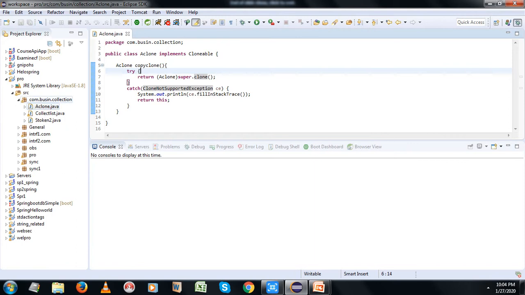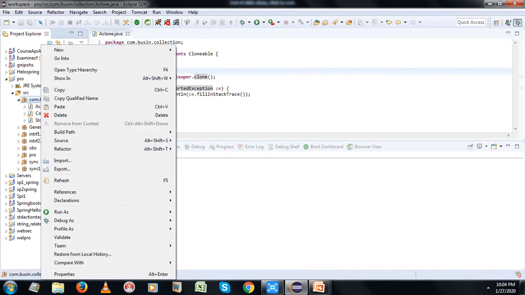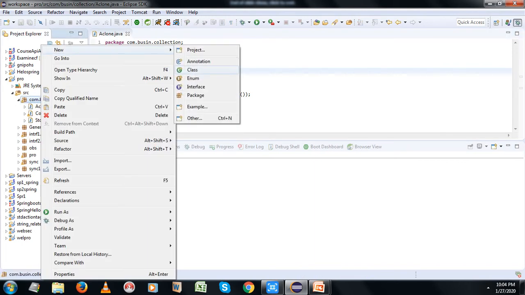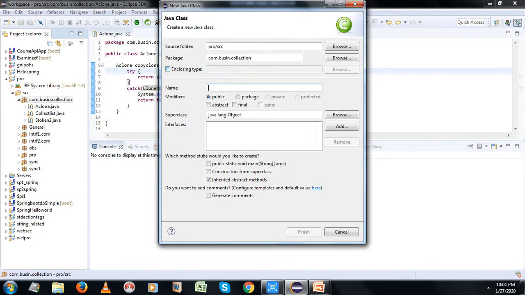Let me name it make clone, make a check mark on public static void main, and click on finish. Now you have created a class named make clone. Here within the main method,